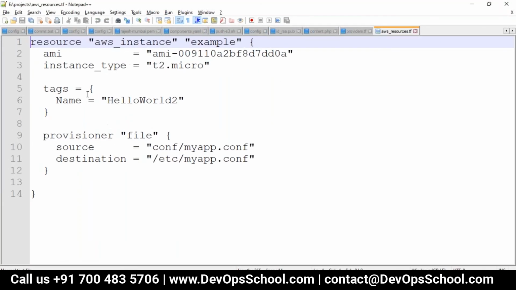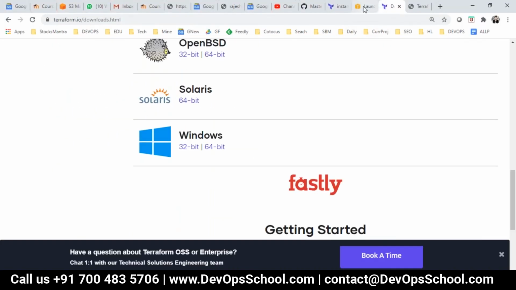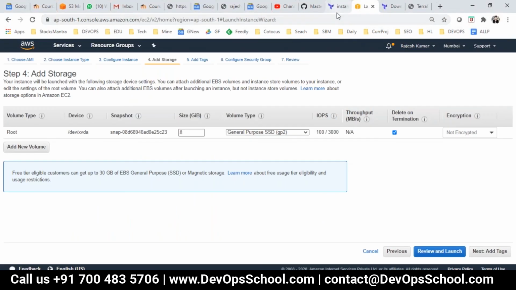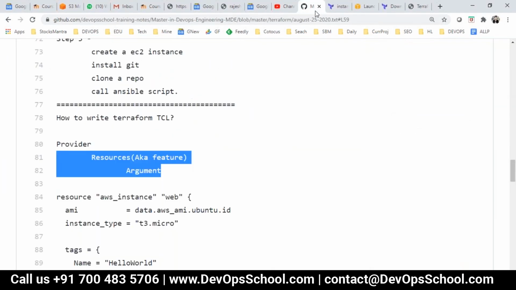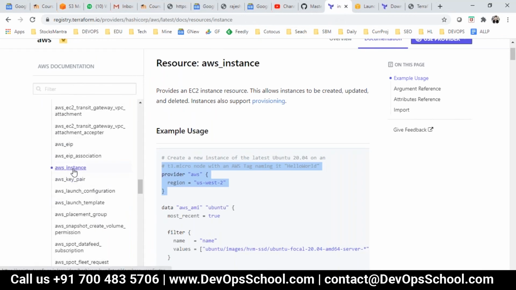See here. This is the resource. What resource? AWS instance. Look at this here. Go to the official documents and check it out. Here, look at this AWS instance. I want to create an instance. You can create anything. AWS has 5,000 resources, so you must be having so many resources here also. It is one of the first providers which has been written, so you'll get almost everything.